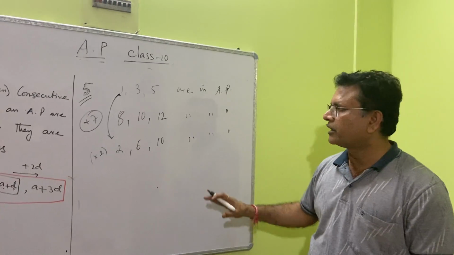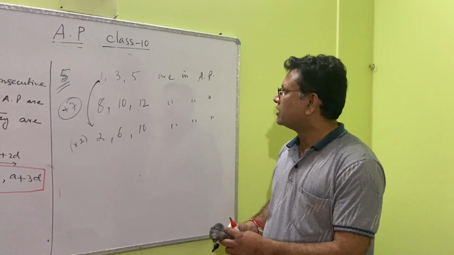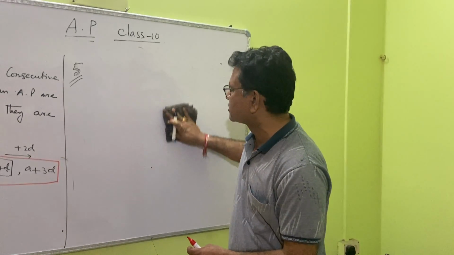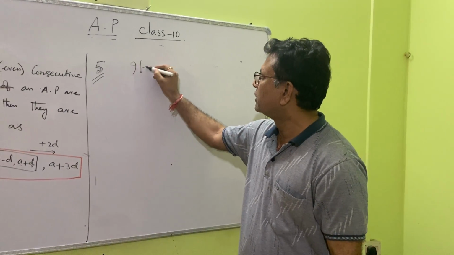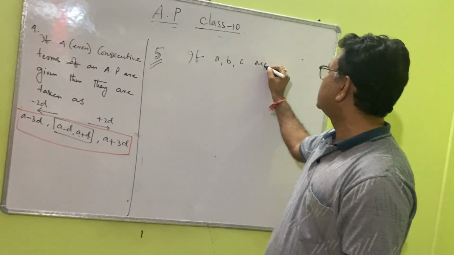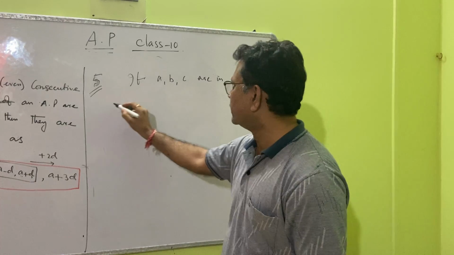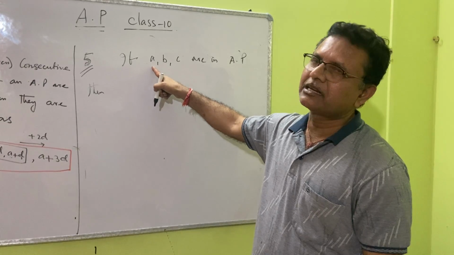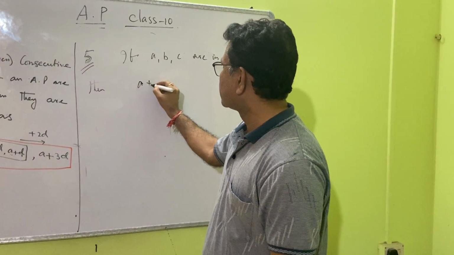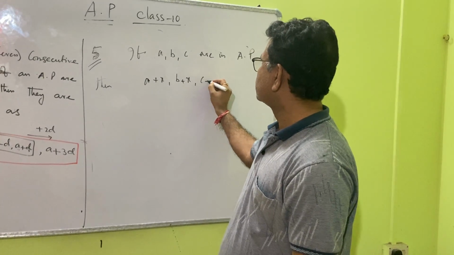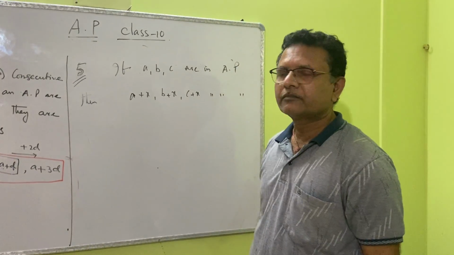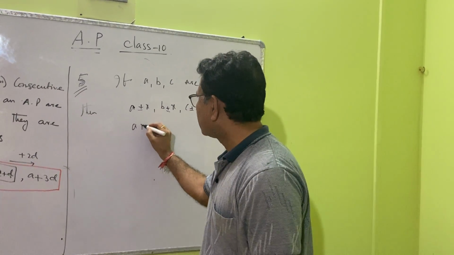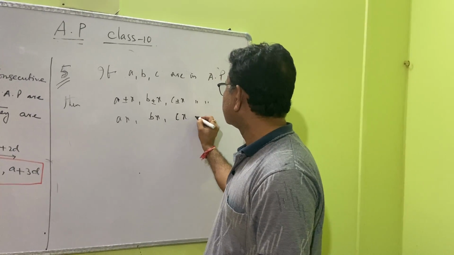Now I will not give examples one by one like this. So my conclusion is this. This is the gist of the discussion. If A, B, C are in AP, then add X, meaning any number, with all these things. That means A plus X, B plus X, C plus X will also be in AP. If you subtract X, that will also be in AP. If you multiply all by X, that will also be in AP.